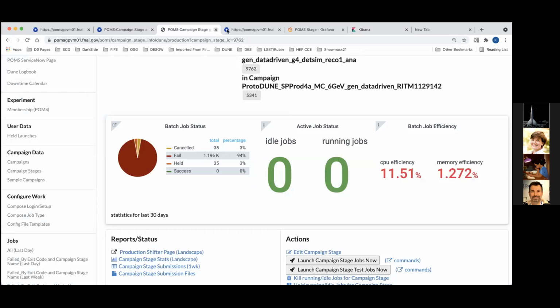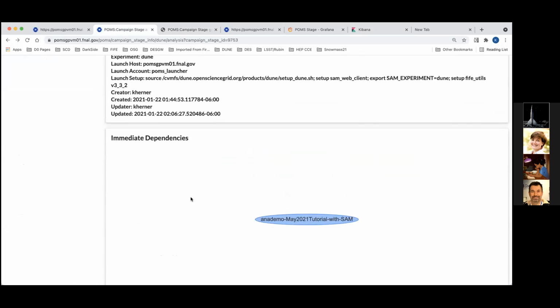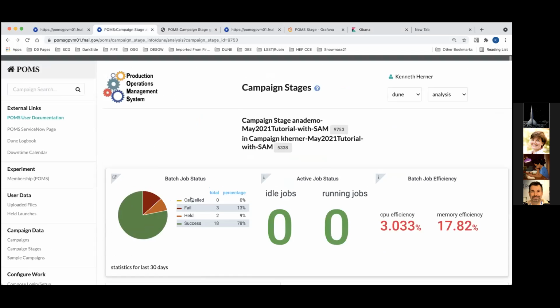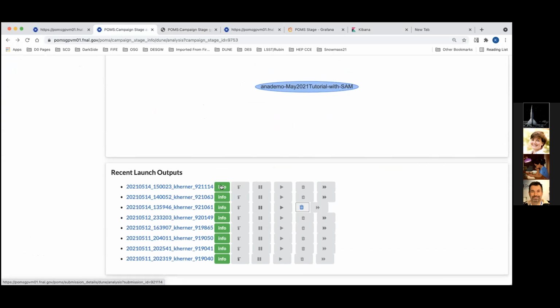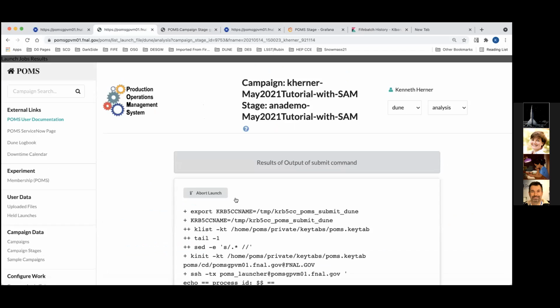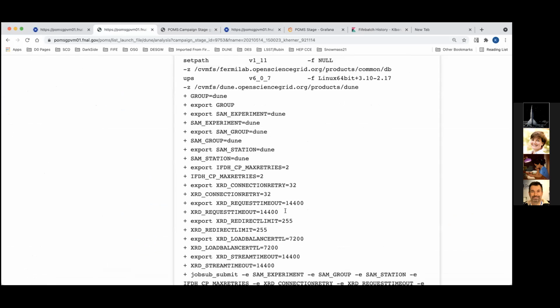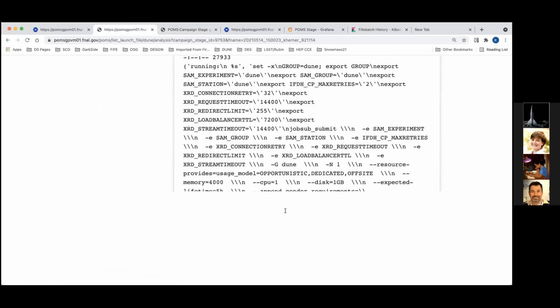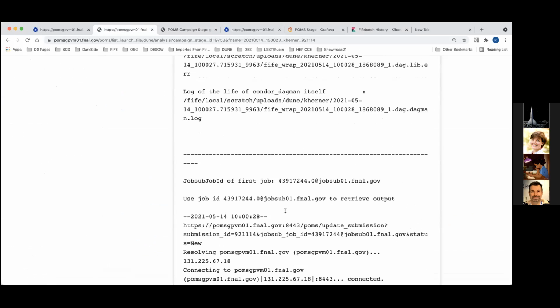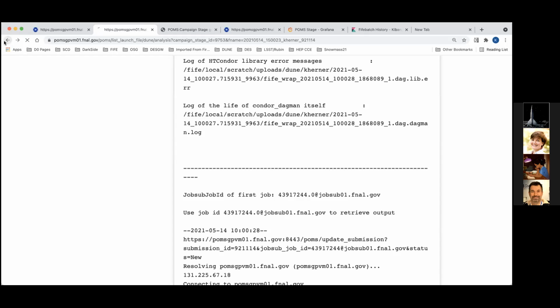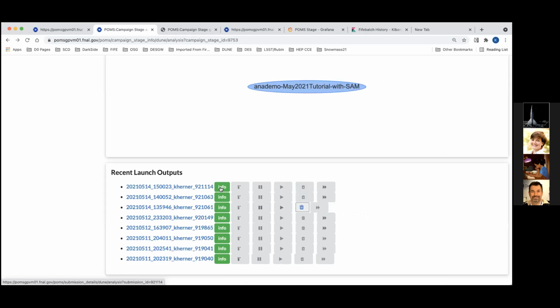I could come down here, and I see my most recent submission. If you do this a lot, you'll have a record of all of your submissions, so this can get very long, depending on what you're doing. If I click on the timestamp part, this shows me the output of the submission, which I don't really care about, because, okay, it worked, great. But more interesting, if I click the green info button,